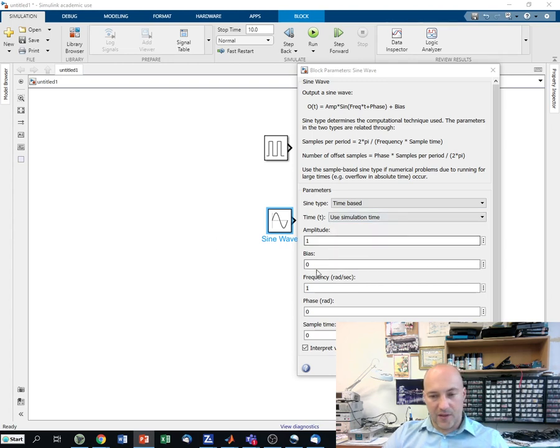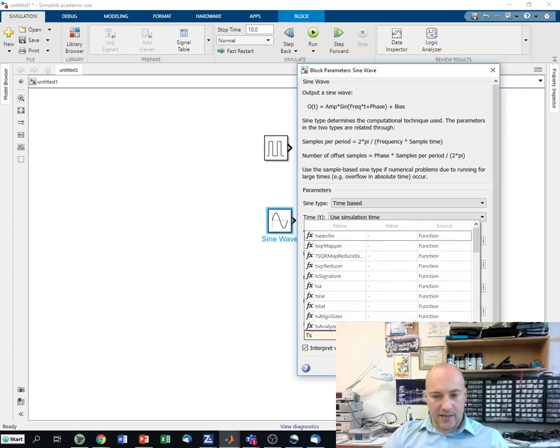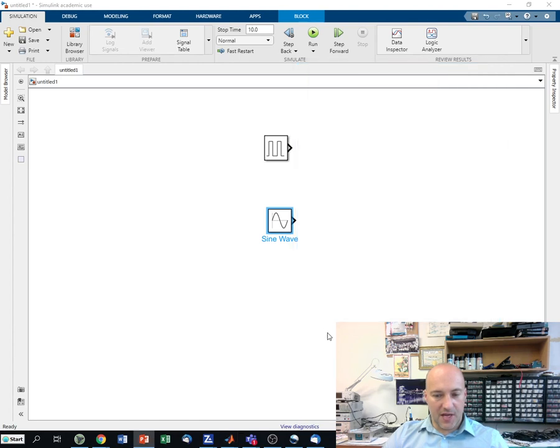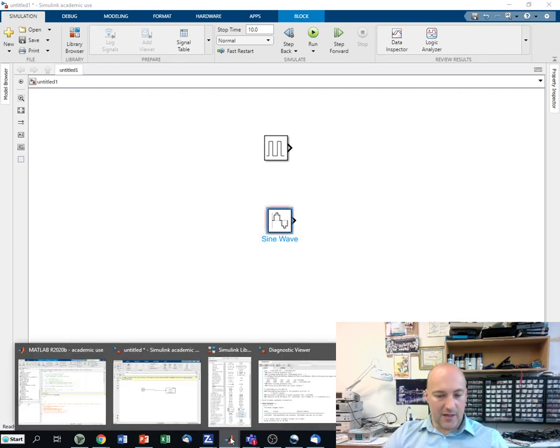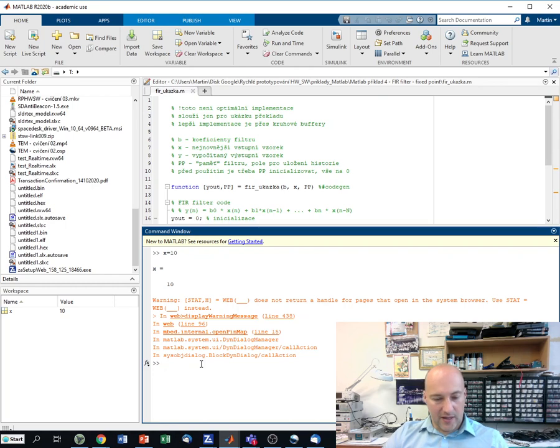And I will keep the other settings as they are, so phase shift, sample time. Let's just do that: this sample time will be TS, and I will define TS in MATLAB. So sample time TS, now we can see it's giving me an error because I don't have TS defined, but I can go to MATLAB. I can define that TS equals something, let's say 0.01 for example,